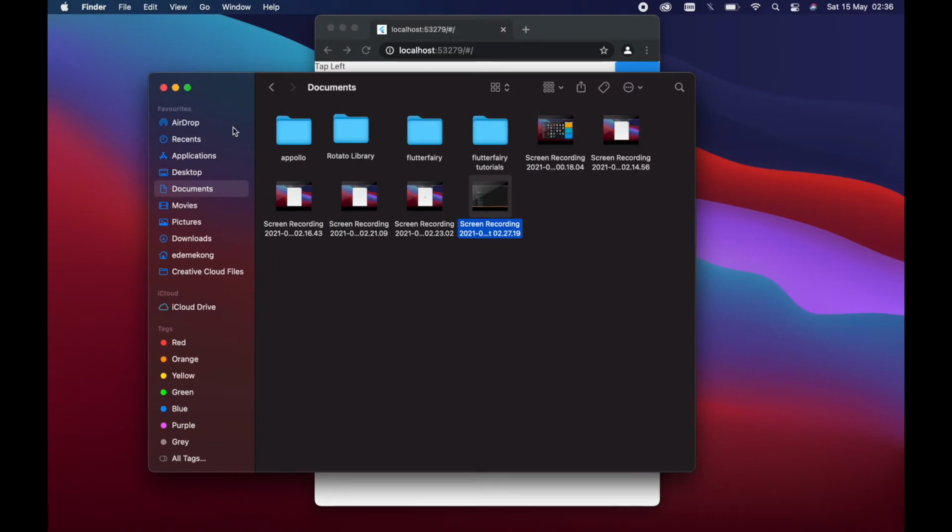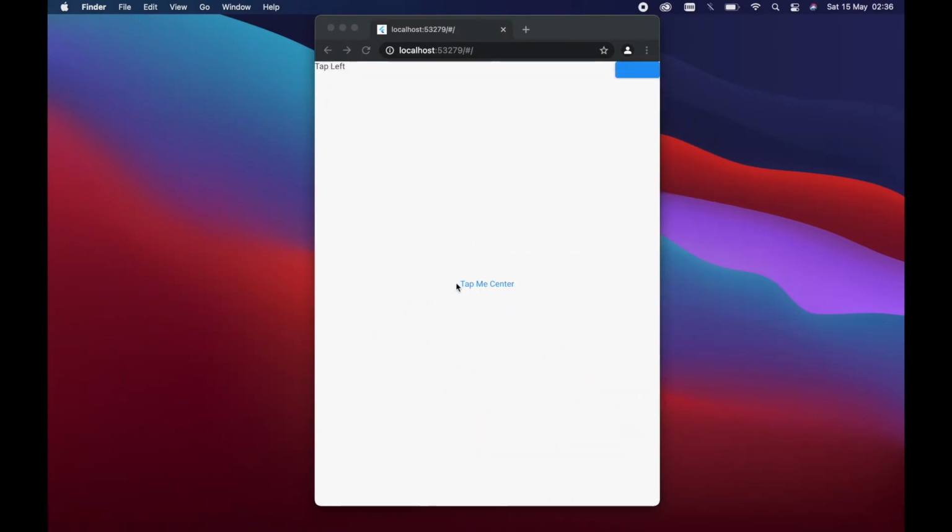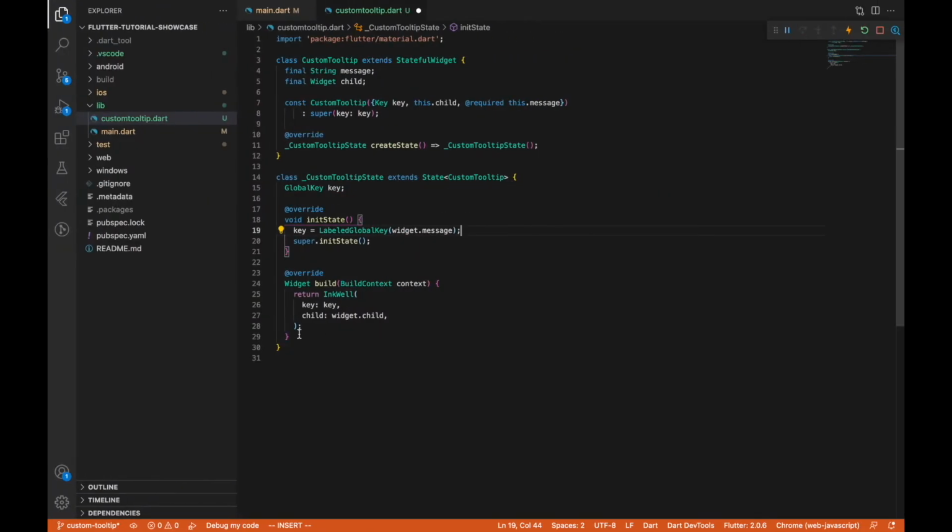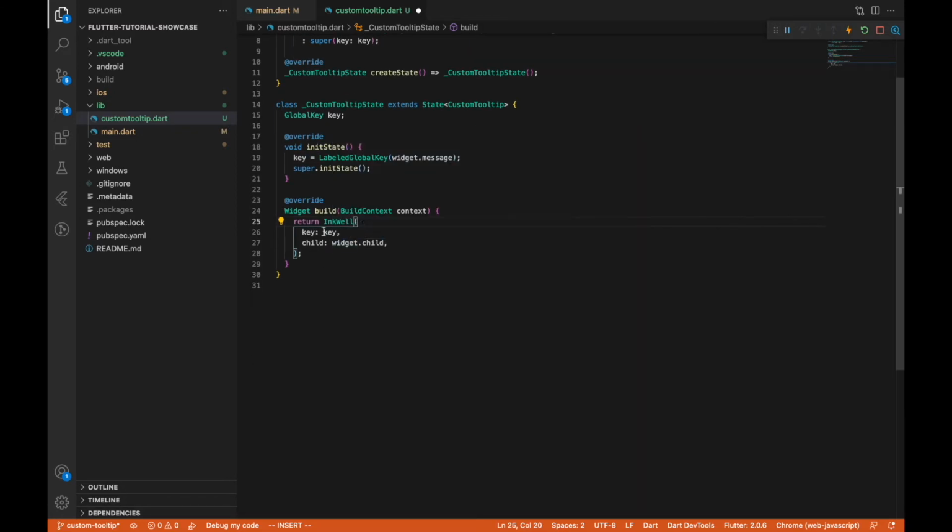So we're going to get the position of each button there, then we are going to get the positions and the width and height, then we use them on our inkwell and the child that we're going to pass. So we're going to use the label global key here, and we're going to pass in the message parameter, and also now we're going to assign the key into our inkwell. Now this key is what we're going to use to get the inkwell